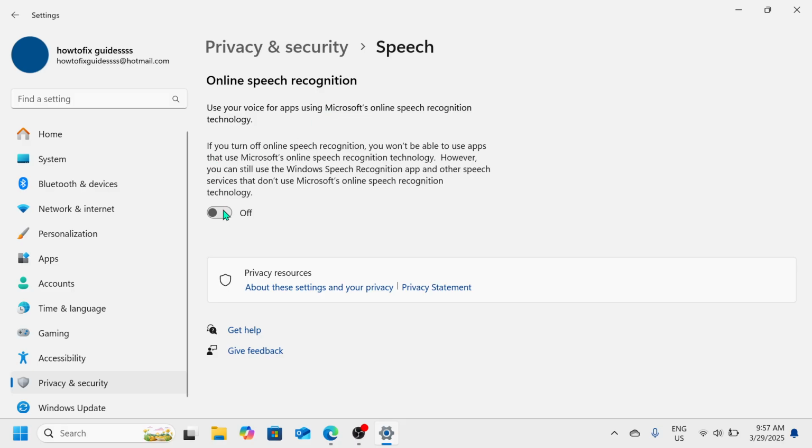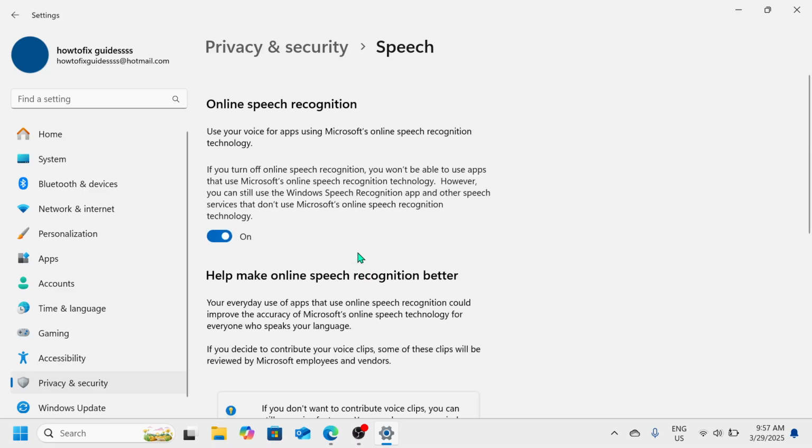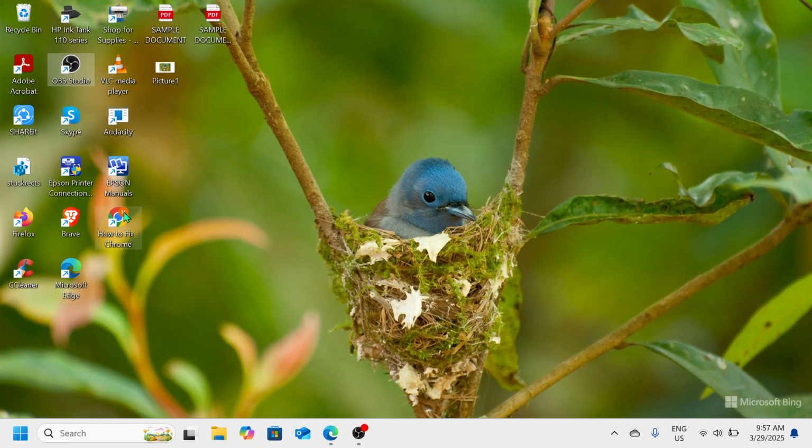So let's turn this button on and help make online speech recognition better. Your everyday use of apps that use online speech recognition could improve the accuracy of Microsoft's online speech technology for everyone who speaks your language. Okay, so now after turning this on, you can now close this window and let's go to our Google Chrome